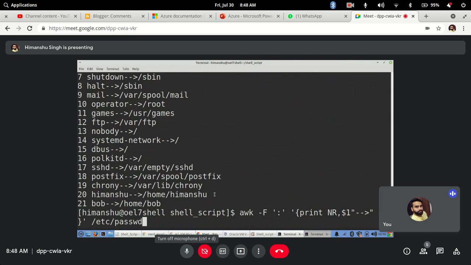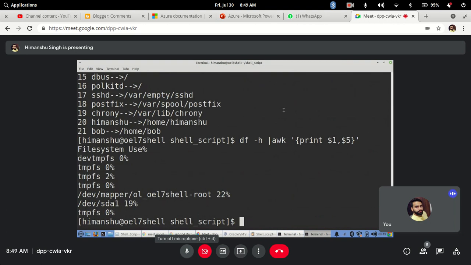Now let's say, where was the output? One more thing, let me tell you. So I was doing like this. But if I don't want to give any specific string, I just put a comma here. So whatever the default separator is, it will use the same separator here. By default the separator is space, so it will use the space separator.